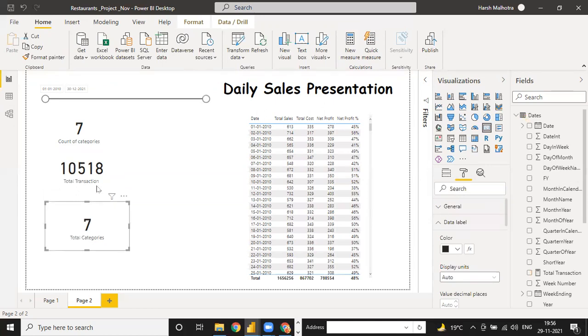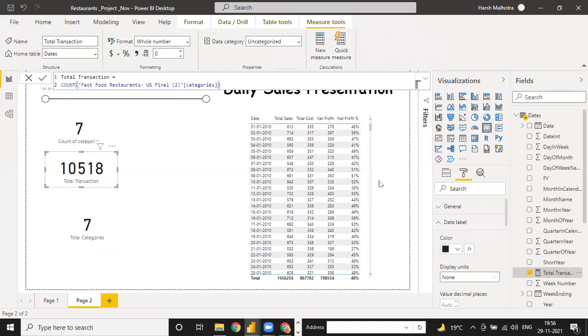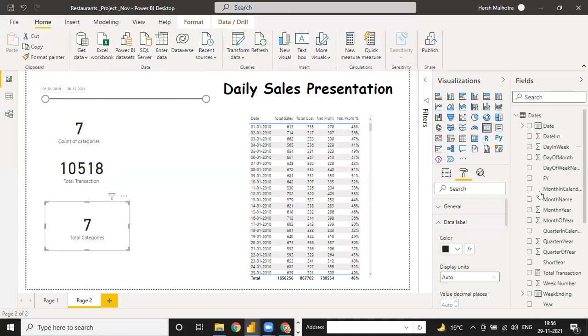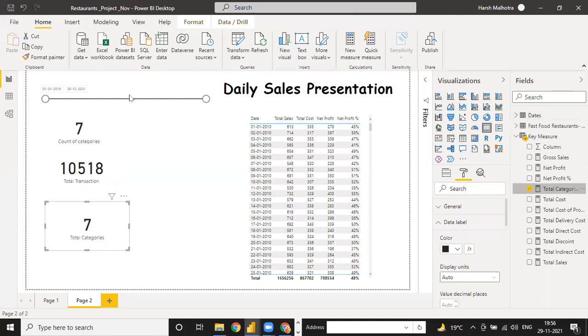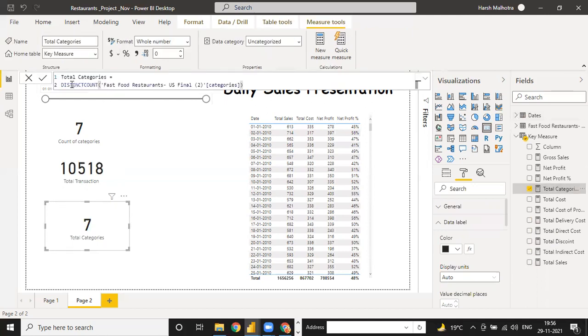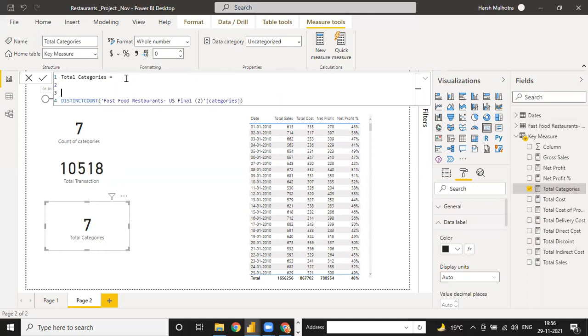We are using the same categories column for both, but the function should be different. Distinct count will give you the unique values of the column.